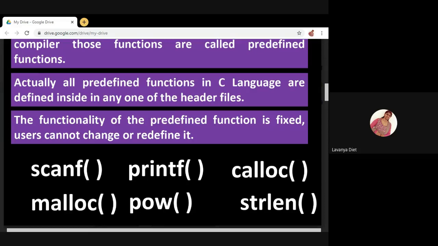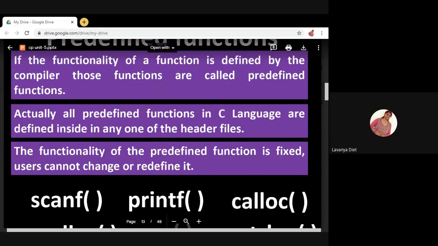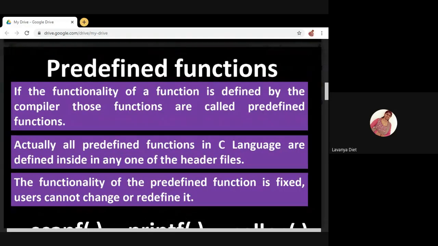Scanf and printf, you know already. calloc, malloc, pow, I have already discussed dynamic memory allocation, and strlen also. strlen is used for finding the length of a string. So these are some of the predefined functions. The name itself says it is predefined, that means already defined in some header files.